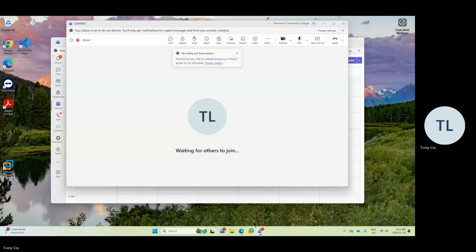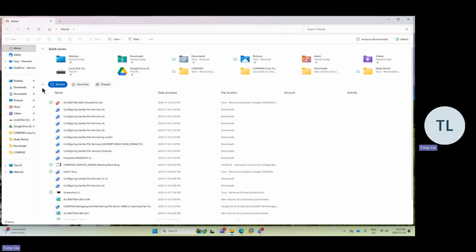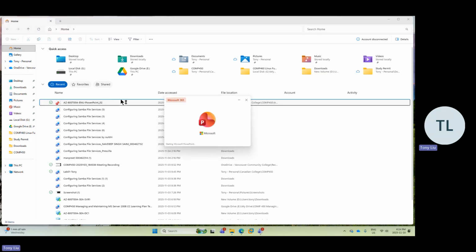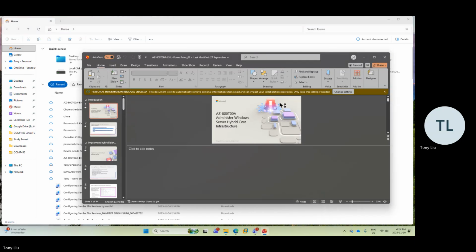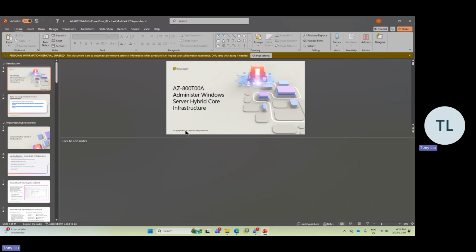Let's start. Today we move to new topics, which is administer Windows Server hybrid core infrastructure. So hybrid means